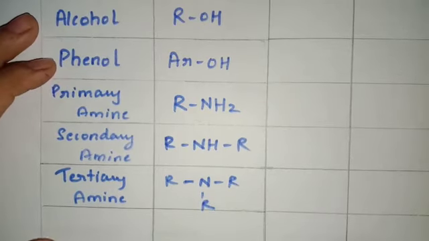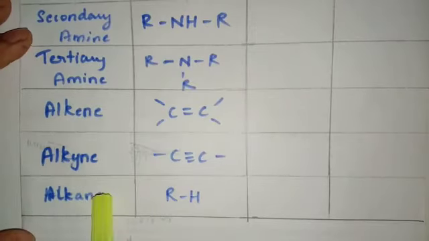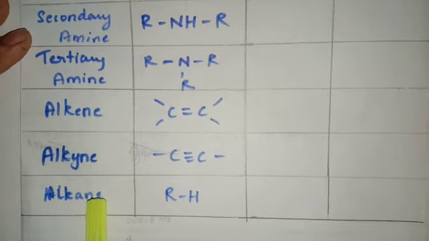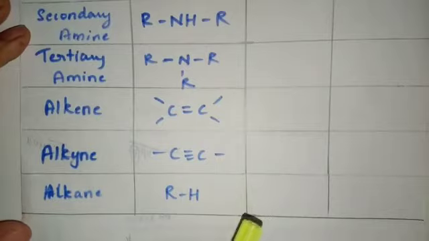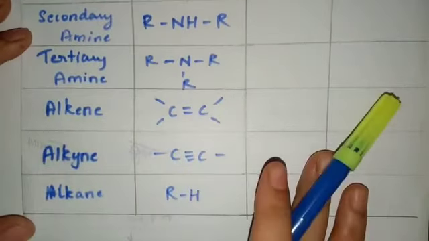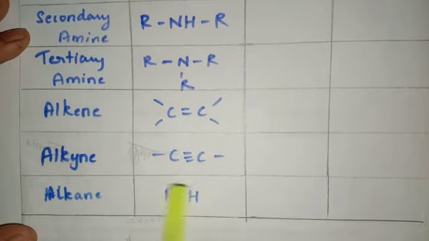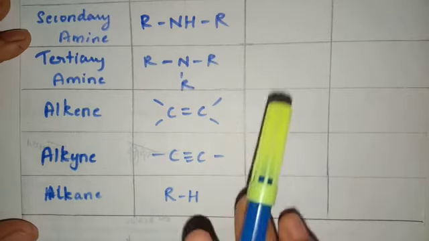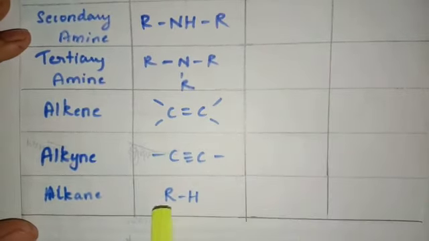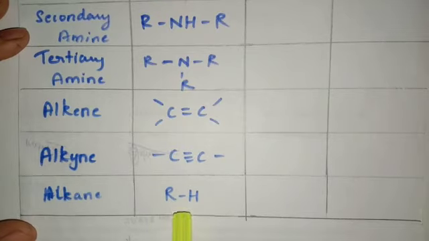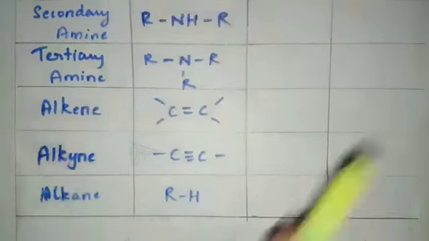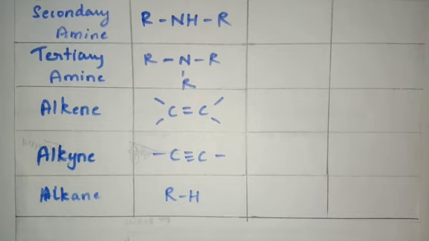And students, lastly we have alkene, alkyne, alkane. Why I have written in this order, why I have constructed the entire table in a certain order, you all will come to know ahead. You all know what is alkene, what is alkyne. Alkane doesn't have any functional group as such. There is no functional group in alkane, but this is how it is represented and this has been already discussed. So these are the functional groups that we are going to study about.